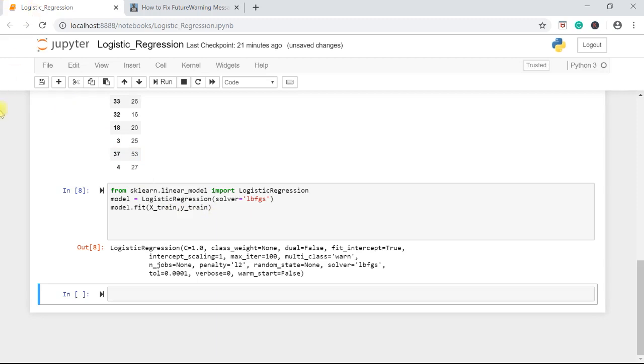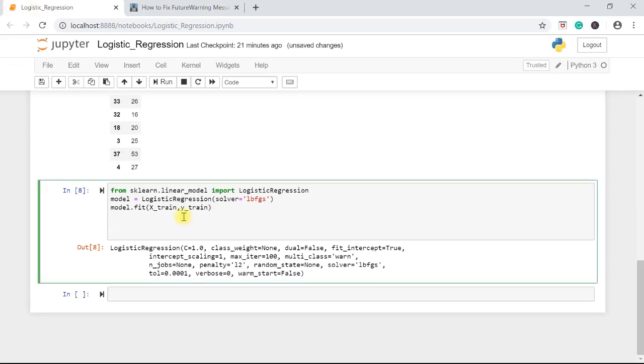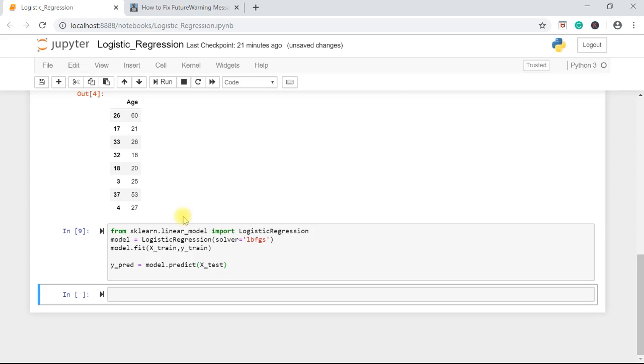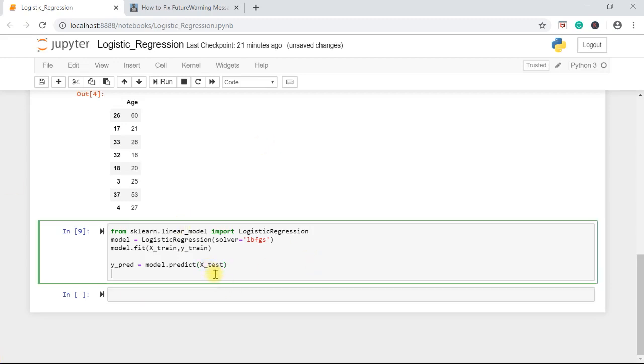Now we want to predict values. To predict values, let's create ypred, which equals the model object which we have created, dot predict is the method which we will use here on the X test. Okay, shift enter. If you want to print the values of ypred,